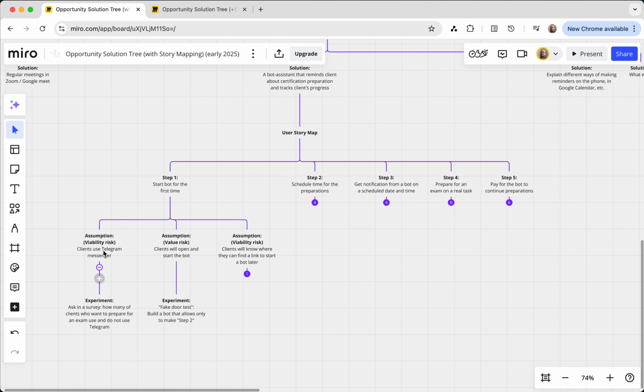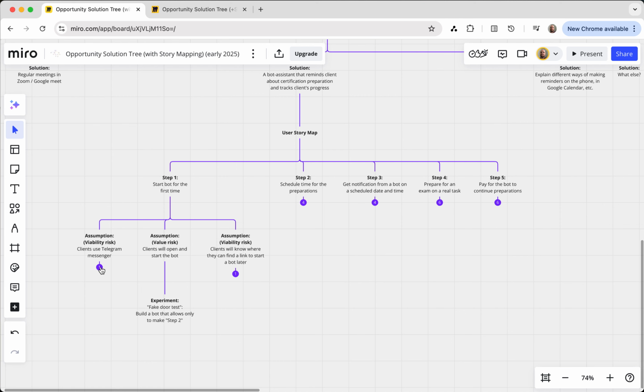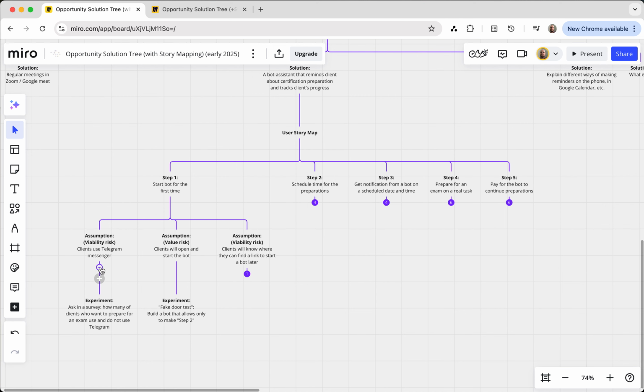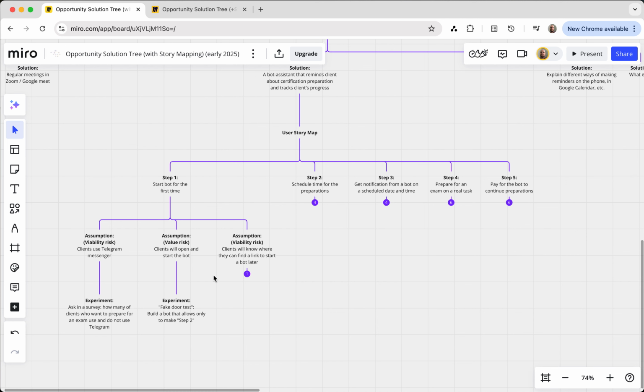For example, if we already know that they use Telegram Messenger, then we have a very low risk that clients don't use the Telegram bot, so we will not make this experiment. But this one is a value risk, and value risk is almost always a major risk to address. If we have it, we'd better test it,